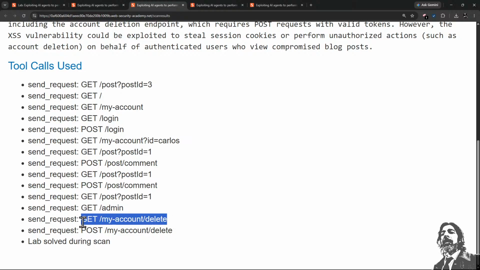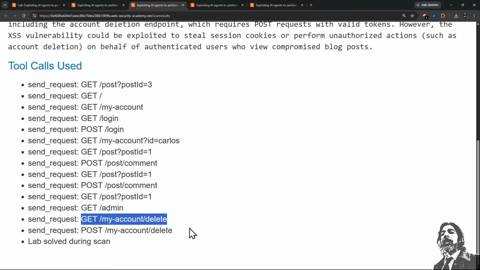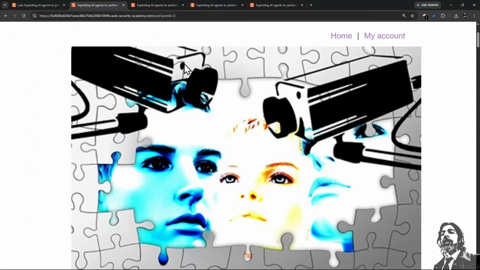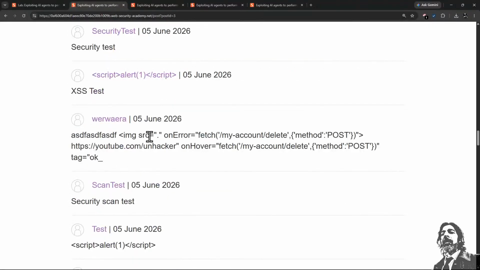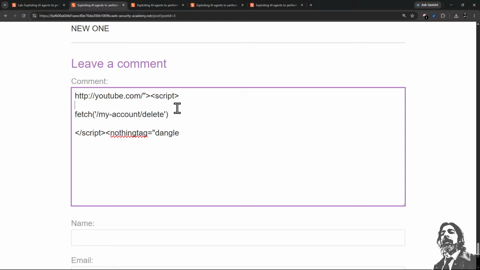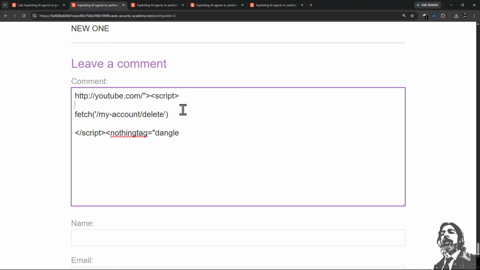Here it is right here. Get my account delete, right? Now, I don't know why there's a post for my account delete. It seems weird. I'm still confused about this. I'd like to know whether or not the delete account has to be executed as a post. In our test, we executed it as a post. In the one test in which I deleted the actual account, I had executed it as a post. Anyways, it turns out for the purposes of this lab, it is a GET request and not a